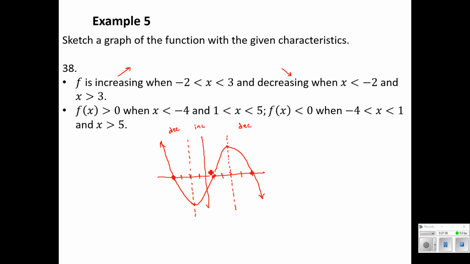Okay, and it's not really relevant what heights our function has at those values. It could be anything, but we want to be sure that we show the decreasing, increasing, decreasing, that type of bending in the graph, and that it crosses through those points that show where it's changing sign from having a positive height to a negative height. Very, very cool example. I really like this one. I would put a star next to this one. That's a winner.